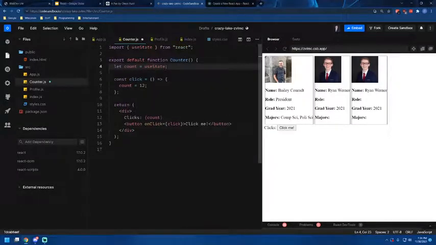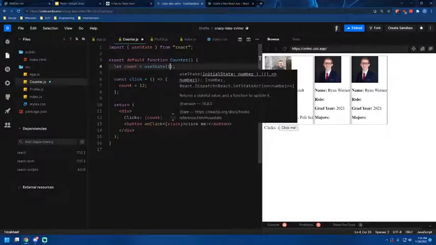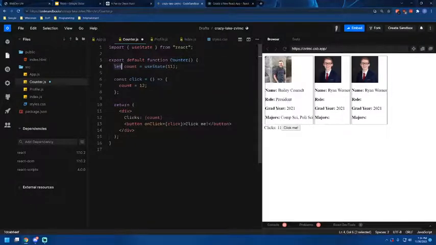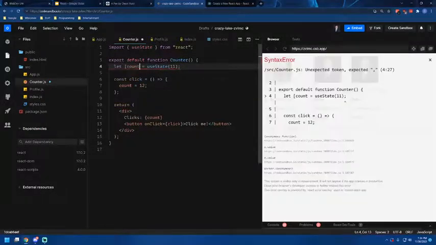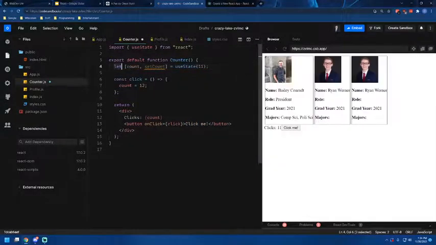It'll auto import it from React. And so we'll want this to start at 11 just to keep us where we were at before. And so what this function does is it returns a variable and a function that sets that variable. And so usually they're assigned in this way